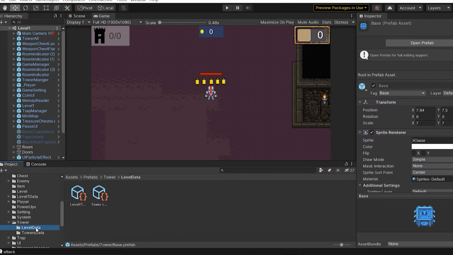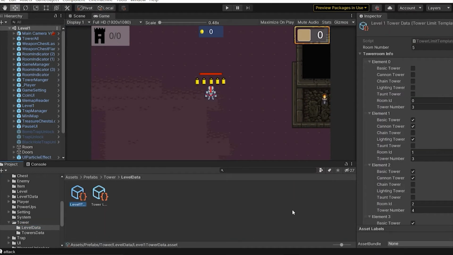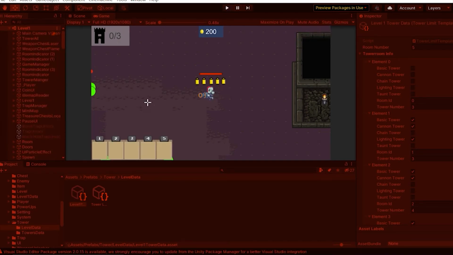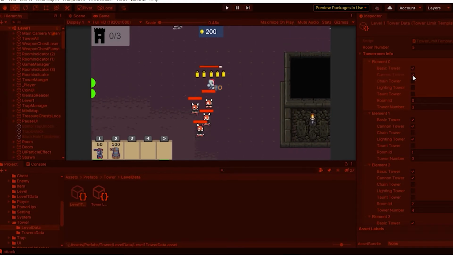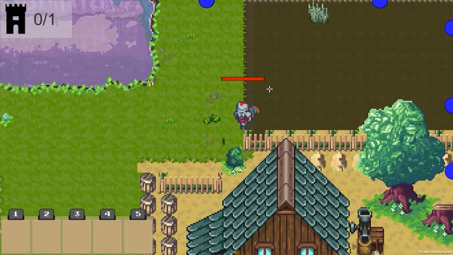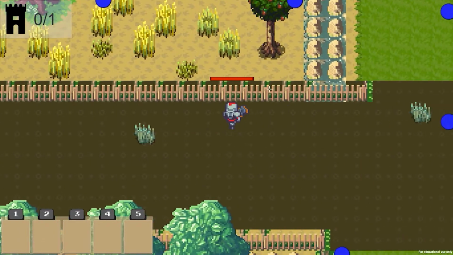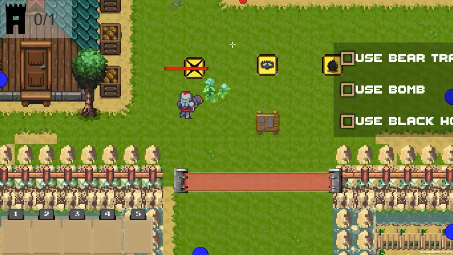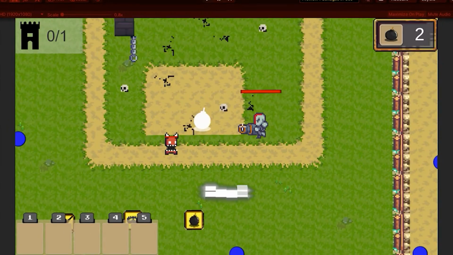To reduce the workload of our designer, I also used scriptable objects for tower choice and the limit for each room in the level. The designer can easily choose which type of tower and how many towers can be set in the corresponding room. I used a similar method to build a trap system, including 3 different traps: clip, bomb,